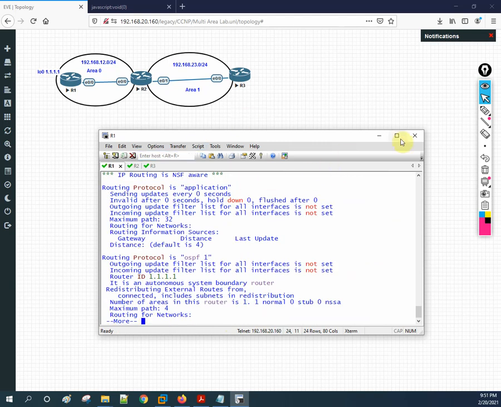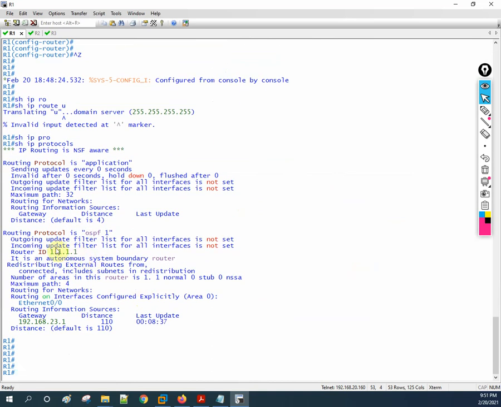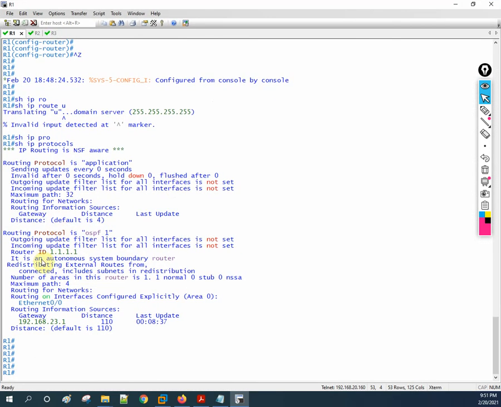If you check this router R1 and write show ip protocols, it is an autonomous system boundary router. If you remember from our theory class, the router that connects an external route, such as EIGRP, RIP or any other routing protocol not in OSPF, and brings it inside OSPF by redistribution, becomes an autonomous system boundary router.